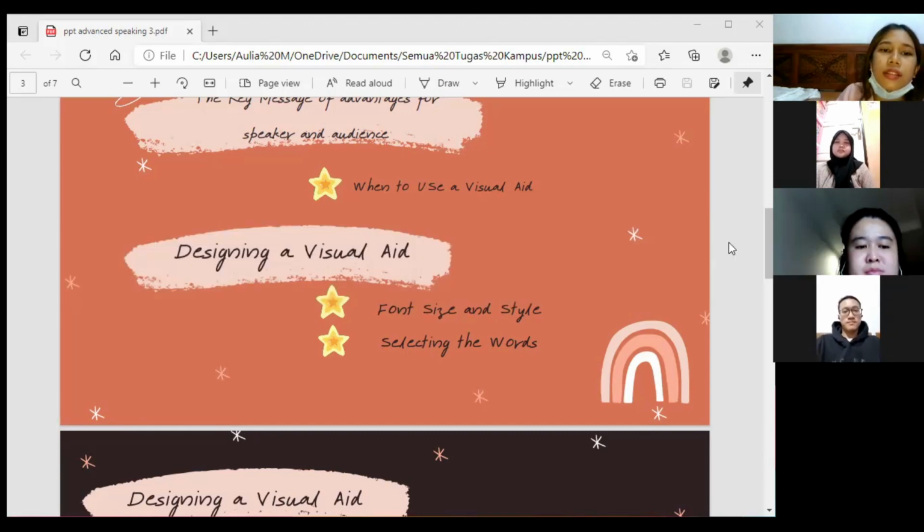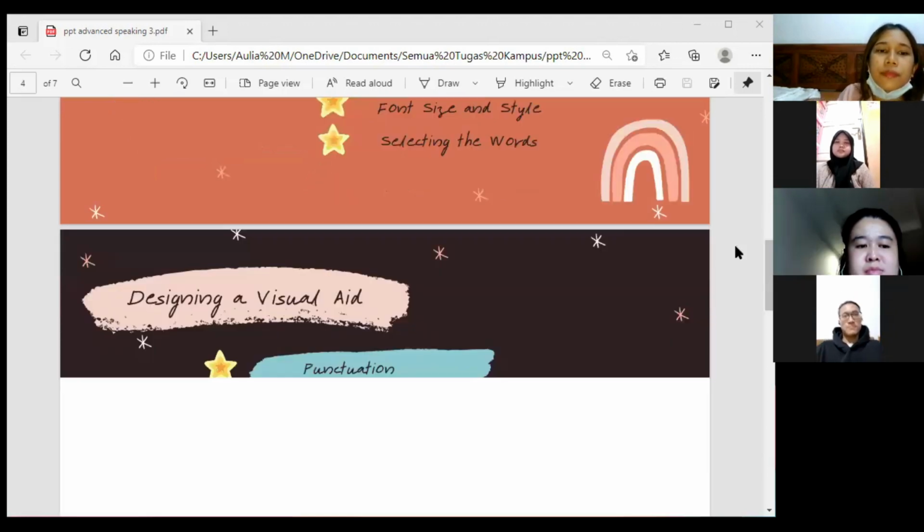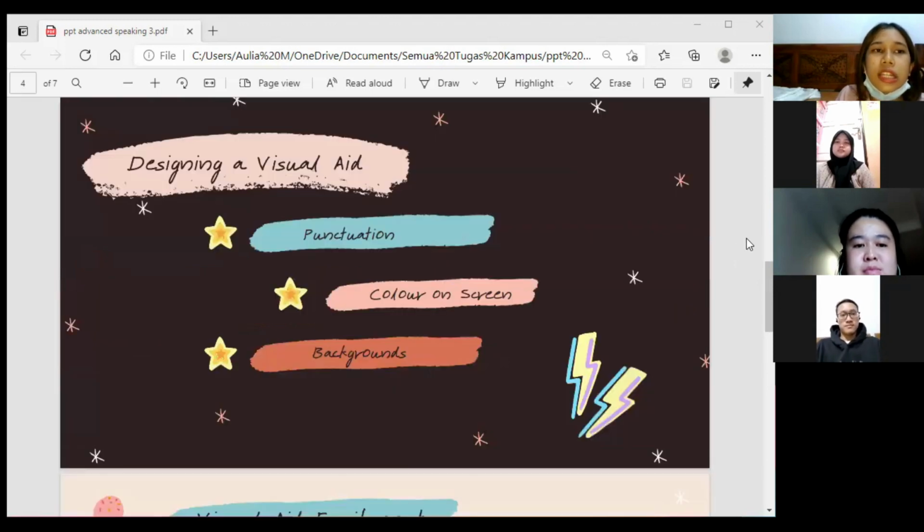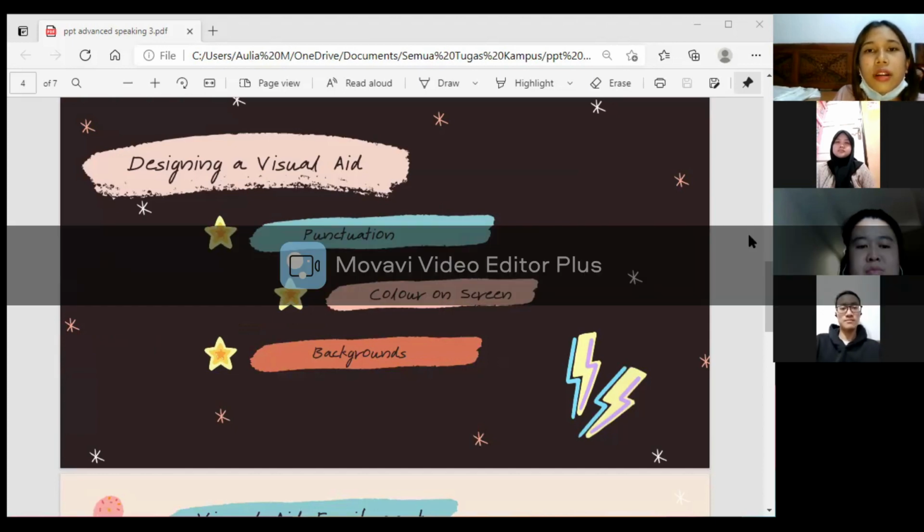And the next is color on the screen. Whenever you are using an overhead or data projector, you may choose a color background for your visual aid and a contrasting color for text or diagram.